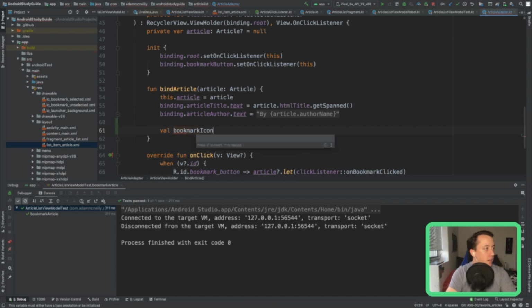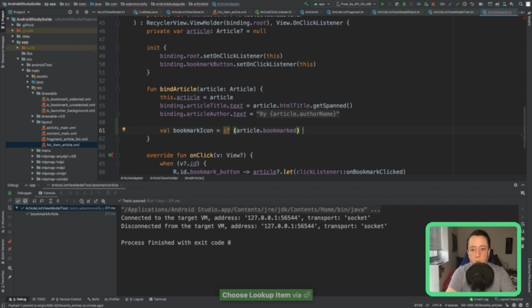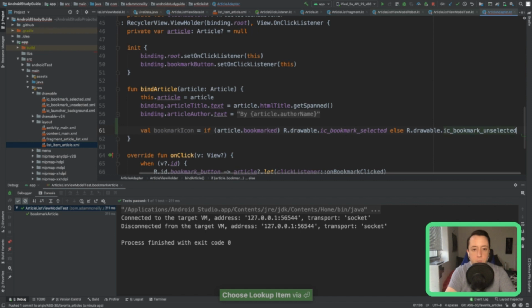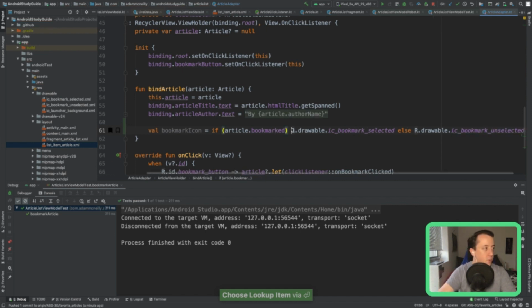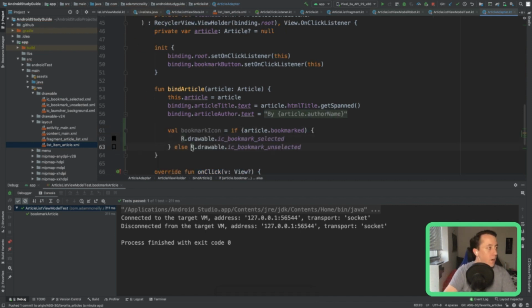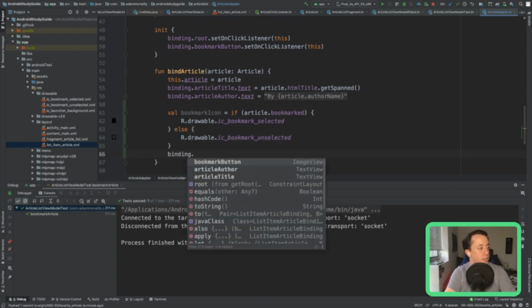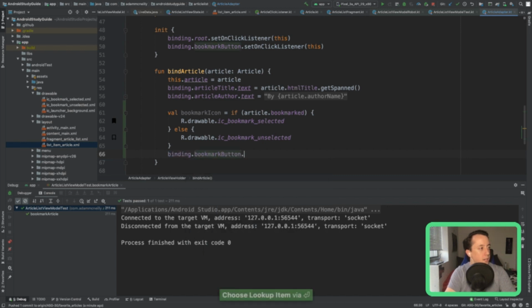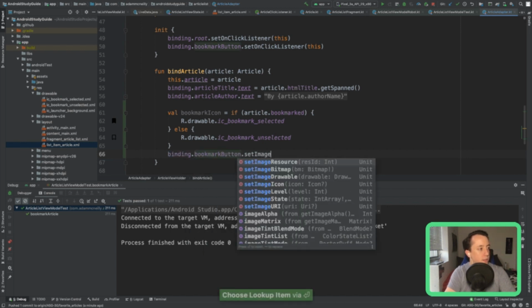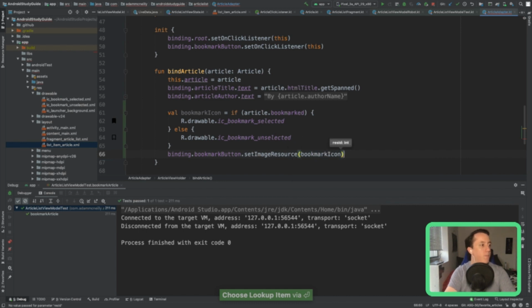We'll say bookmark icon, and then if article.bookmarked, we can do R.drawable.ic_bookmark_selected, otherwise ic_bookmark_unselected. We'll use brackets here because that looks kind of long. Then we will do binding dot bookmark button dot setImageResource, bookmark icon. All right, now let's try this out.